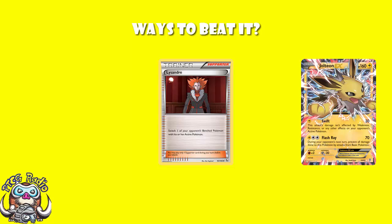So you can be picking off their bench, killing stuff on their bench, and any time you are left with only one Pokemon in play, because obviously your opponent's way around this is just to go, alright then, I'm just going to leave a Jolteon in play. Maybe your opponent drops a surprise Pokemon that can kill Jolteon, and that, ladies and gentlemen, is the end of the game. Although I should mention one really good thing about Jolteon, not unlike Seismitoad's Quaking Punch with Trainer Lock,